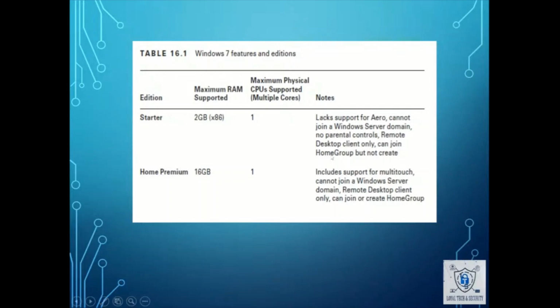होम ग्रुप में ज्वाइन हो सकता है बट क्रिएट नहीं कर सकता। होम प्रीमियम जो है उसके अंदर मैक्सिमम रैम 16 GB सपोर्ट होती है विद 1 CPU। Includes support for multi-touch, cannot join a Windows Server domain, remote desktop client only, can join or create home group। Again, होम प्रीमियम के अंदर आप विंडोज सर्वर को ज्वाइन नहीं कर सकते हैं डोमेन में। ये डोमेन के अंदर प्रोफेशनल यूजुअली आते हैं या तो फिर एंटरप्राइज लेवल और अल्टीमेट।